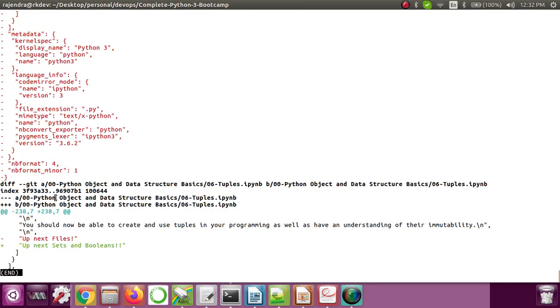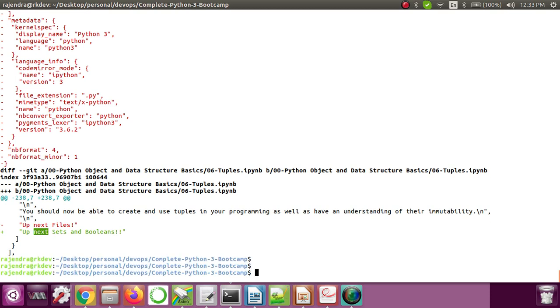So these are the changes that have been removed from the latest commit. And then if you see, this line got removed and this line got added. They have changed the comment from up next files to up next sets and booleans. So you can see the difference this way.